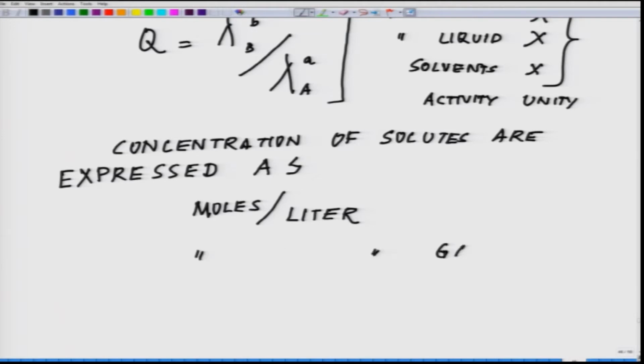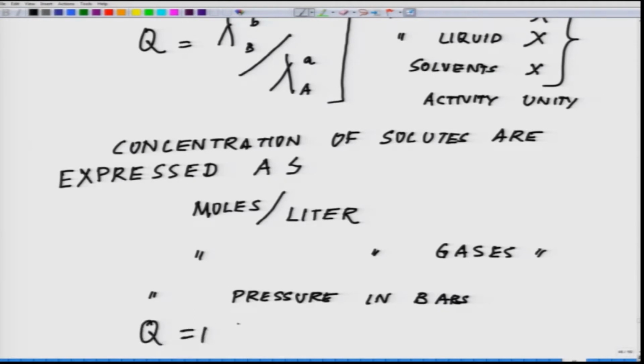Concentration of gases are expressed as pressure in bars. Okay, so keep this in mind, and when all activities are unity, Q is equal to 1,